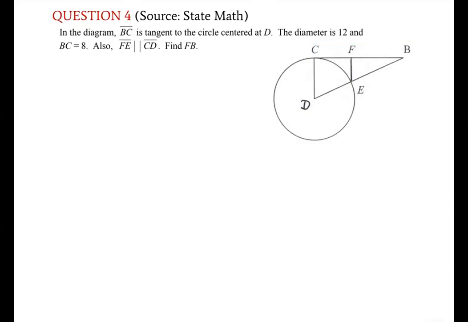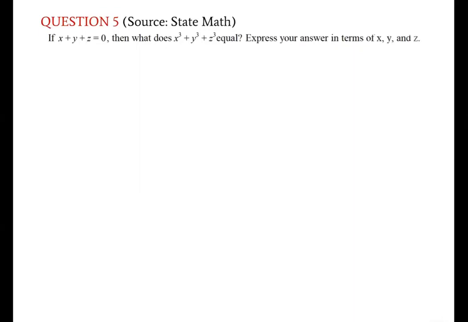Okay, last question, question 5. If x plus y plus z is equal to 0, then what is x cubed plus y cubed plus z cubed equal to? We want to express our answer in terms of x, y, and z, so we have to use all of these in our answer. First of all, let's start by rearranging some stuff. We know that z is equal to